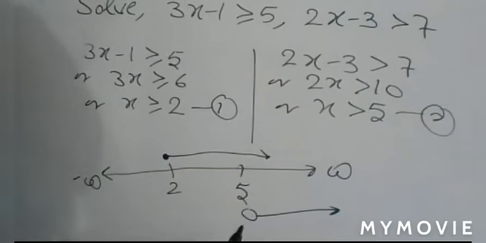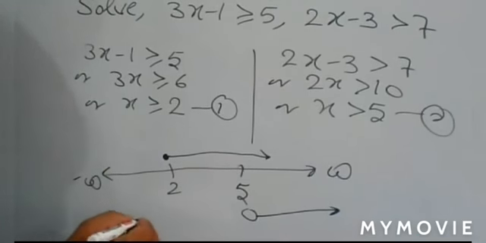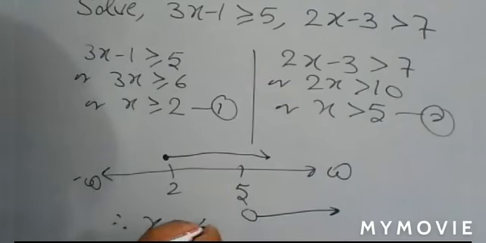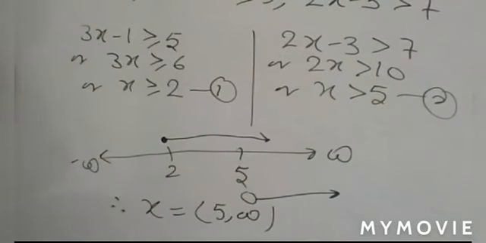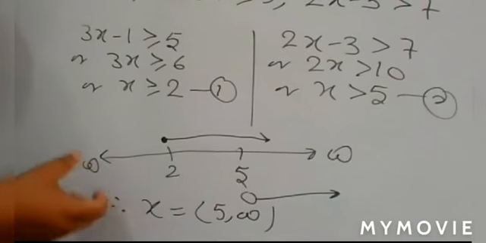No doubt your result is from 5 to infinity, but that 5 point is not taken. So from this figure, you see that your common solution is 5 to infinity. So that is your solution. So you write x belongs to 5 to infinity. You have to write in this way. So if you want to find your common solution with the help of number